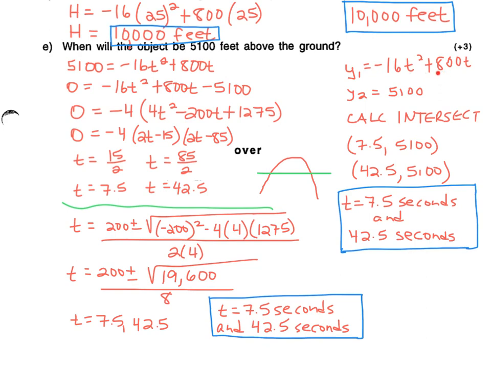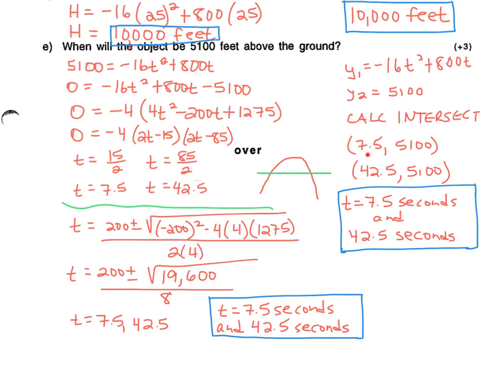So in our y sub 1, we have the original function entered, and then in y sub 2, if we enter 5,100 and graph that, again we would get our parabola pointing down and a horizontal line being graphed. And if we do calc intersect, and we talked about that feature a while back, and again we're asked 3 questions,